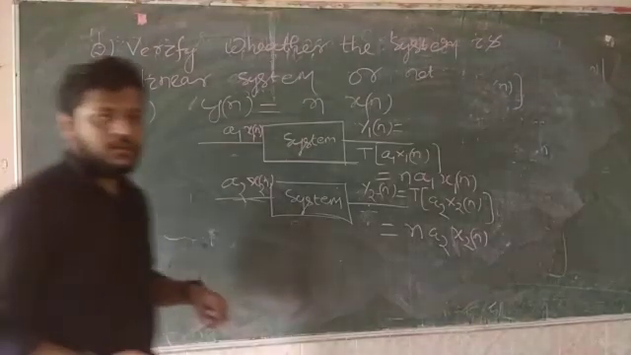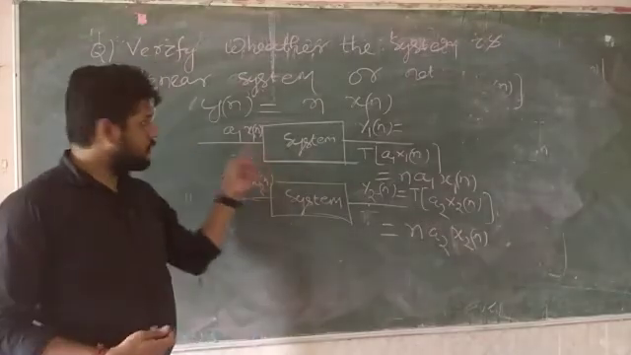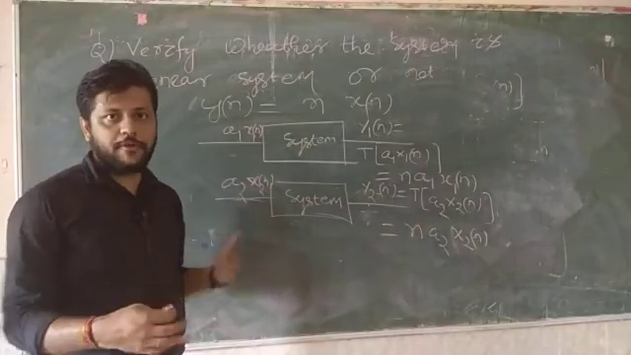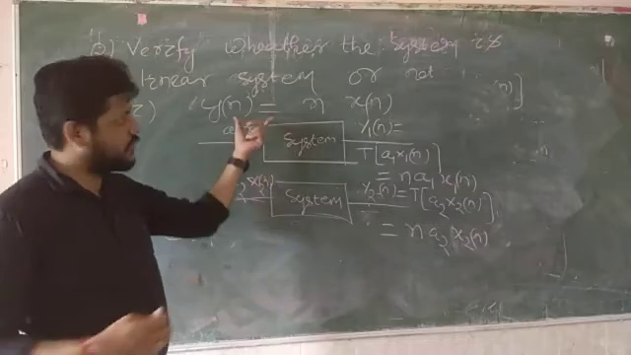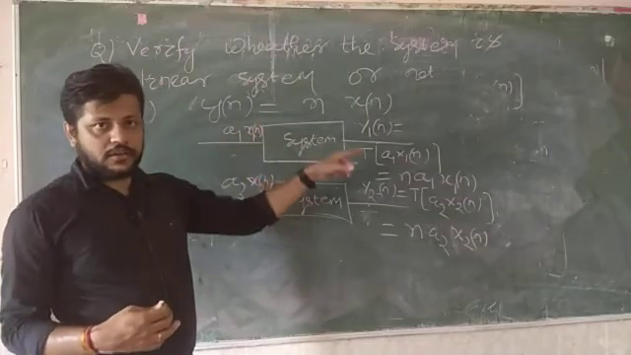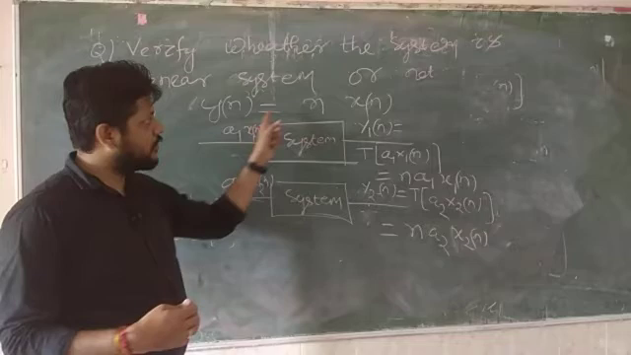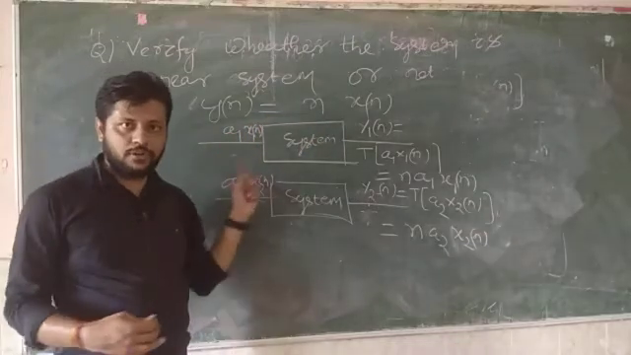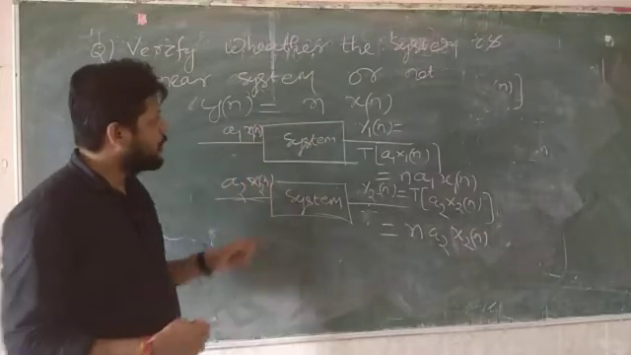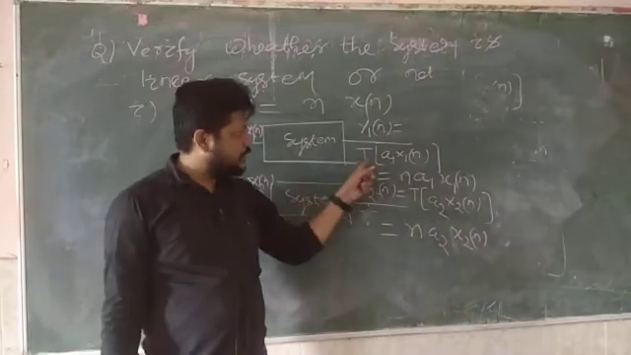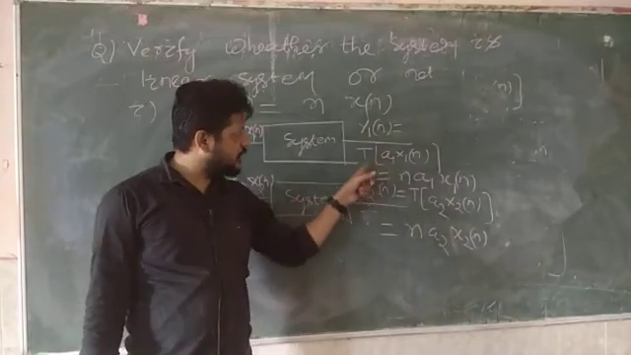So you can see here. When I apply the system with the weighted sum, suppose I consider x1n, just to verify whether the system is a linear or non-linear system. So we have the response and excitation equation, that is yn is equal to n xn. So when you apply a1 x1n, we get the response as y1n,